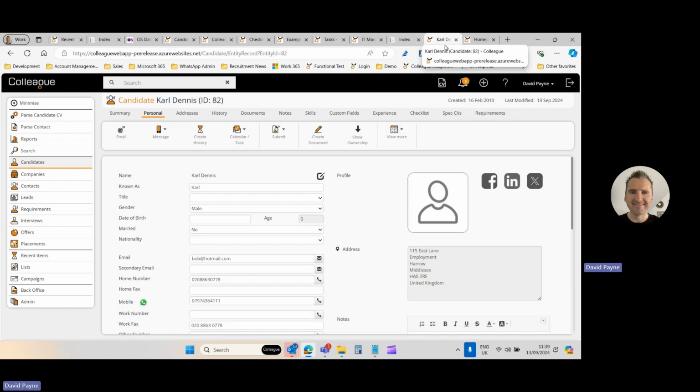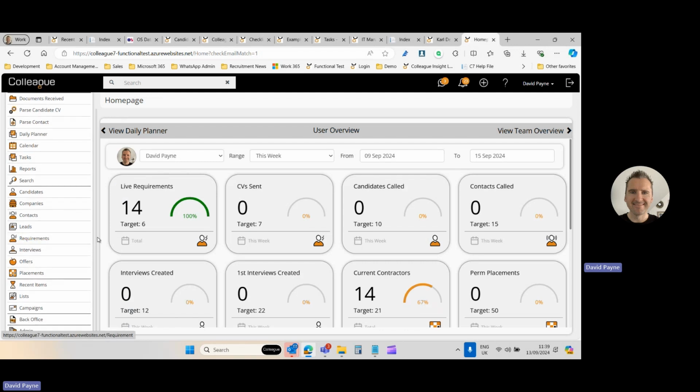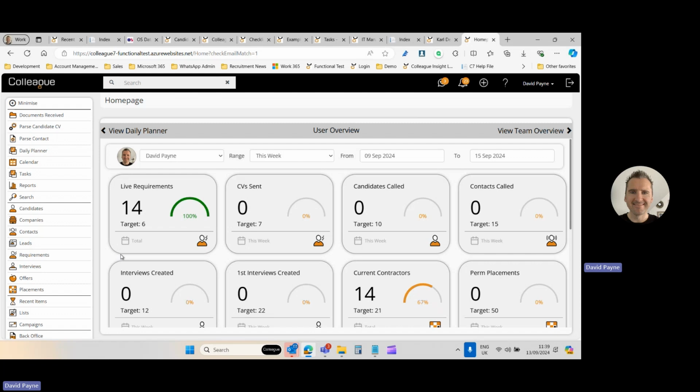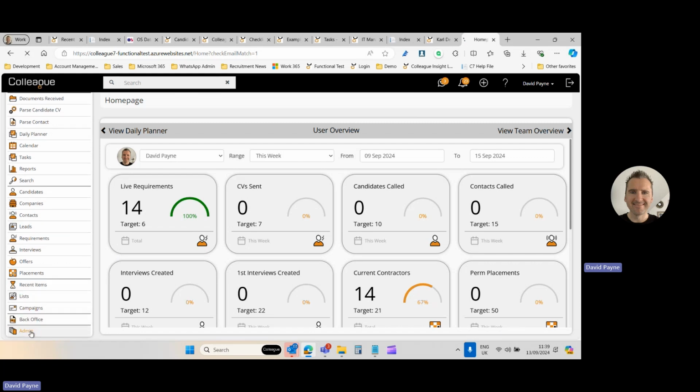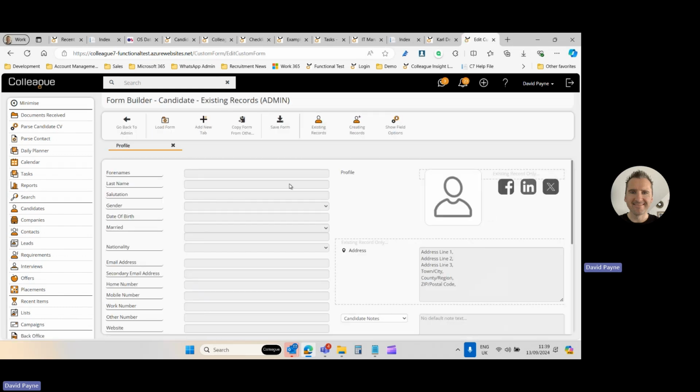The other heads up on functionality that we're currently working on that I wanted to give was related to our form builder. That's basically to say that we're working on a way for users to be able to create their own forms in the system. And that basically means that when they go into admin, there'll be this extra section called form builder. They'll be able to click on there and then create new tabs related to different entities,